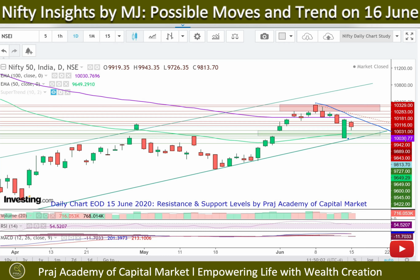And if we look from the candlestick perspective, this seems to be like a bearish harami, and on a Fibonacci level from highest point to the recent lowest point, it is at 38%. So it symbolizes the negative bias in the market. If we look at the market from the perspective of price action, for tomorrow, if Nifty tries to go upside, you would see the first level of resistance is coming at